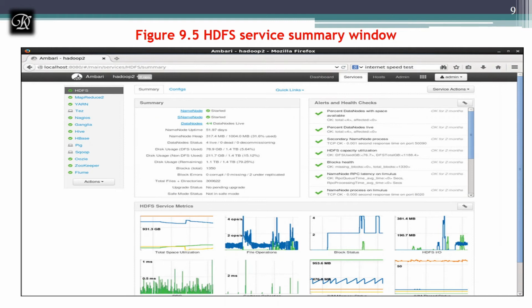Next we will see the service summary. The service menu provides a detailed look at each service running on the cluster. It also provides a graphical method for configuring each service instead of editing the /etc/hadoop/configuration file. Rather than seeing that file content textually, here we can get the direct service report.